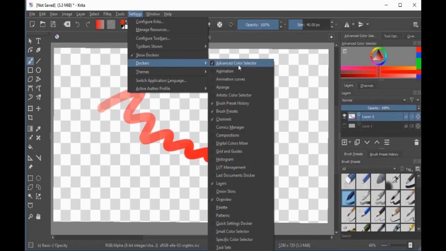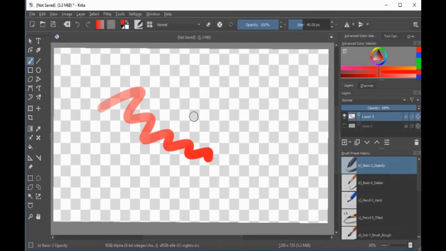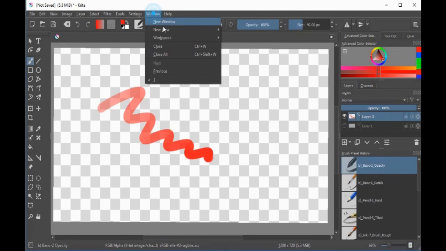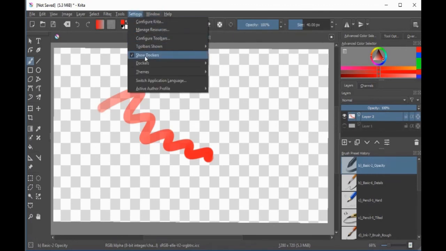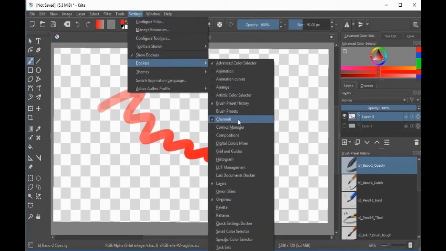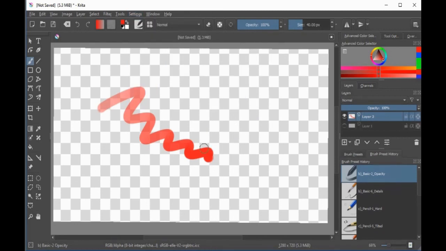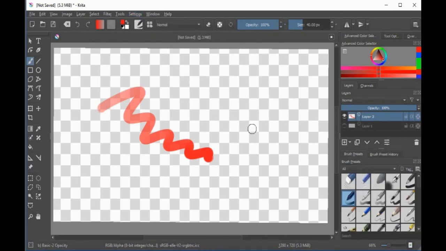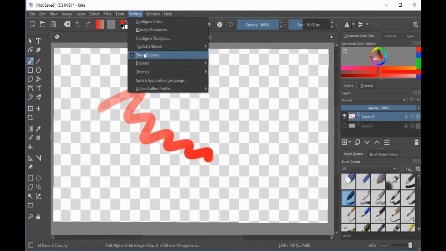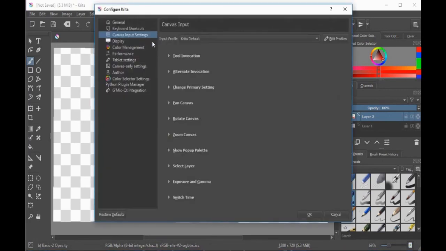So you can see we've got the brush presets. If I get rid of that, notice it goes away, and I can go back in here underneath Settings, Dockers, and select Brush Presets, and it will show back up. And so we've got all the presets. Then it also, so underneath Configure Krita,